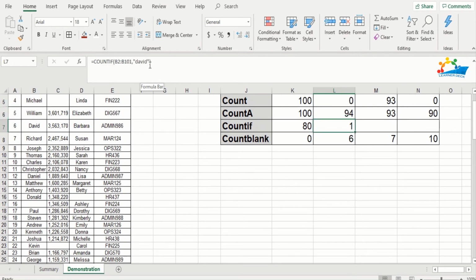I said okay. Now let's find out any names that are starting with D. So I'll write here D, and after that I'll just put in an asterisk, which shows that after D there can be any letters. I'll hit enter, and it says that you have 6 names which are starting with D. Similarly, I need all the names that are ending with M. So I'll first put an asterisk sign, and then I'll write an M, and I'll hit enter. It says that there are 2 names in the list which are actually ending with M.